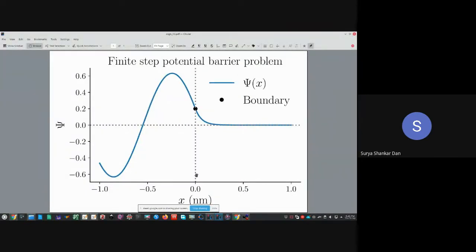So this is the boundary, x greater than 0. This is x less than 0. Less than 0 mein you can clearly understand that this is a sinusoidal wave. When x greater than 0, you can see that probability is dropping very, very soon. This is in nanometers. So it is 0.5 nanometer, matlab 5 angstrom. It is even less than a nanometer. मैंने वहाँ पर गलत लिखा था, angstrom unit में होता है.